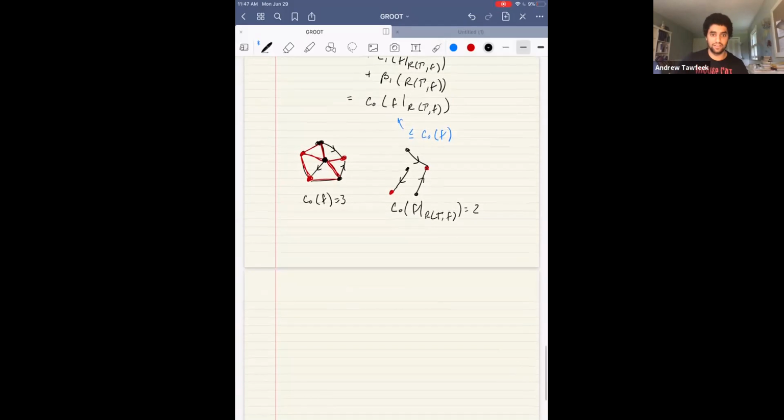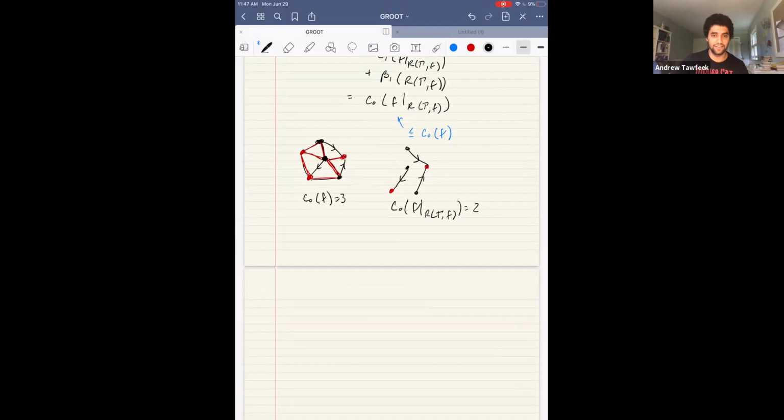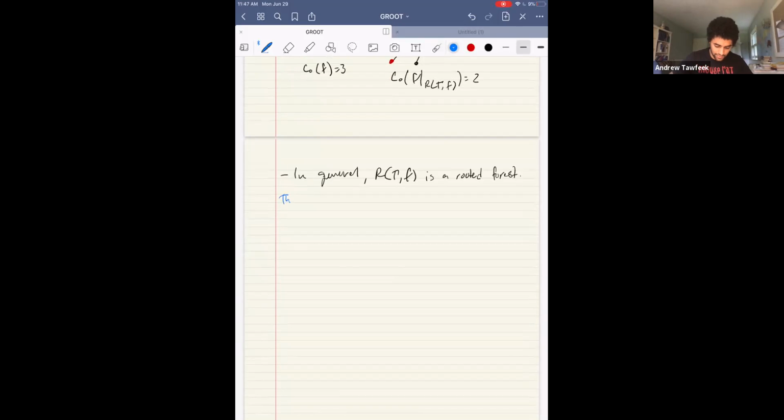as we were doing with the spanning tree case, we can essentially find that, in general, R gamma f is a rooted forest. And similarly to before, if you give me any rooted forest, it's easy to construct the function that gives you that back. So this is where we come to a close for the one-dimensional case, where we apply this helpful theorem from